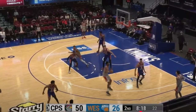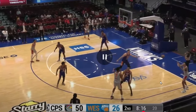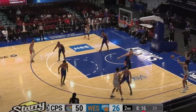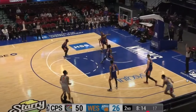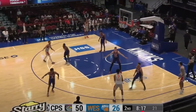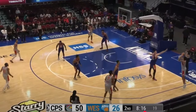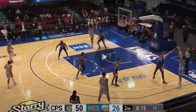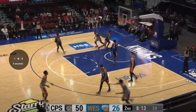Let's see. So he's going to get it. Yep, we're going to get that rotation from this corner. We're going to swing it. Quick trigger, right? Hopefully he just shoots this thing. Yep, quick trigger. Okay, dude. How many threes is this? If this guy can shoot threes like this... And again, it's a whole different stage, but I like what I see, man. The dude's just hitting threes, very calm,